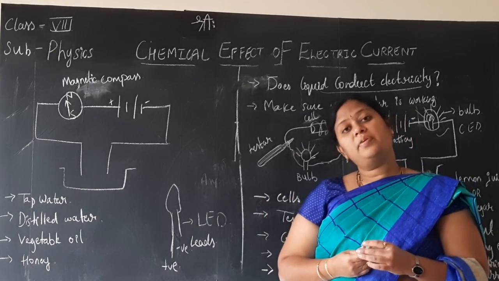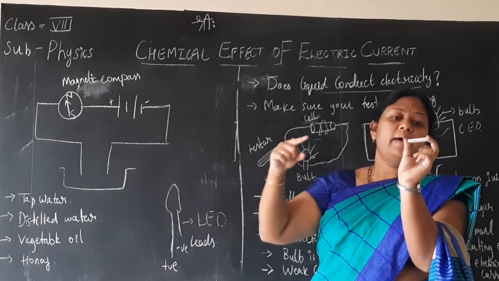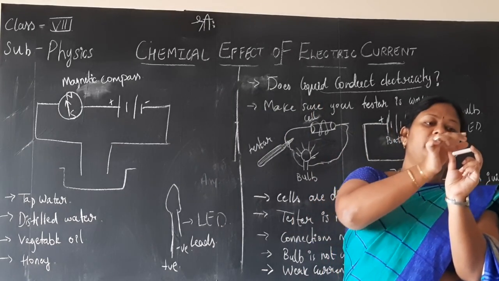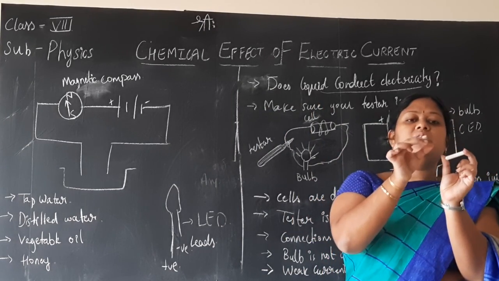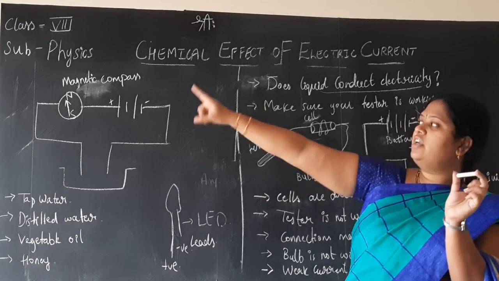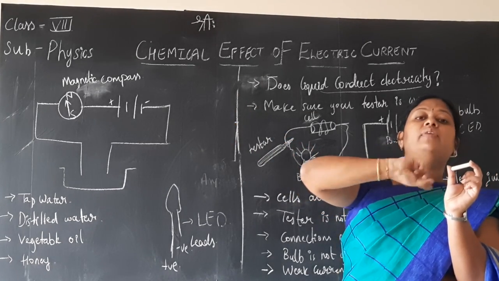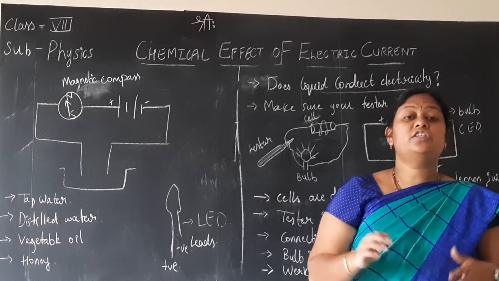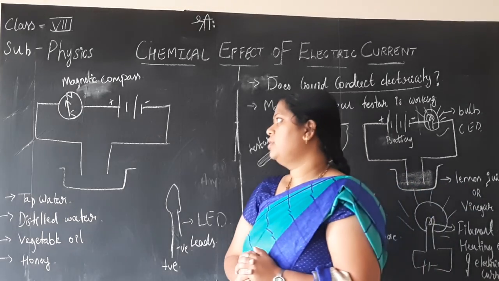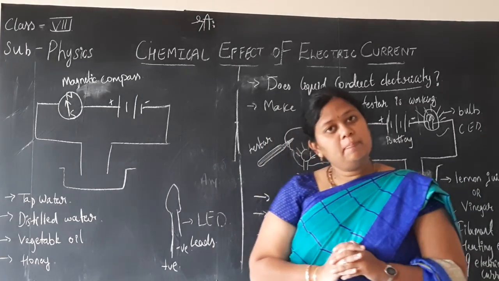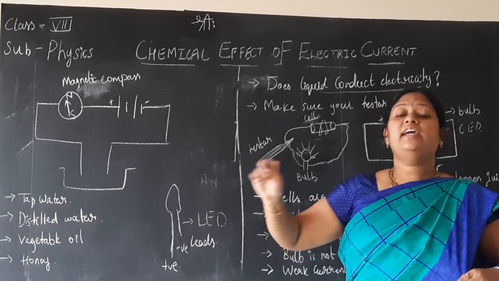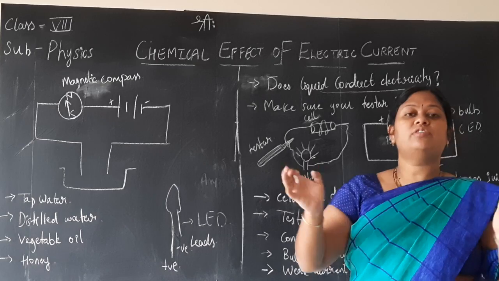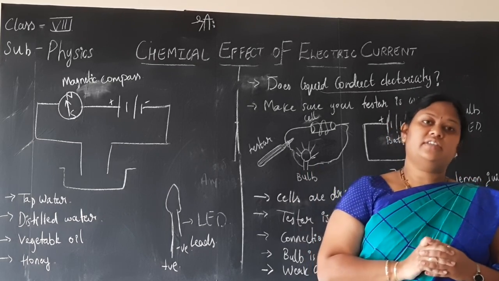Say suppose this is a copper wire. I am passing the current through this copper wire. So I will just take the magnetic compass and bring it near to the copper wire. Whenever I bring it, children, you can see the deflection. I said one needle will be inside the magnetic compass. It will deflect or it will move. This shows the presence of current in the circuit. And this magnetic compass is helpful, like the LED, in detecting the small amount. Though a very small amount of current is there, it will deflect so that we can check the presence of current in the circuit.